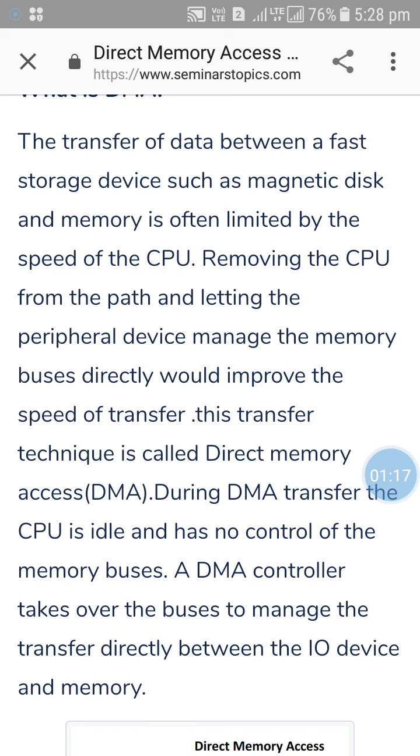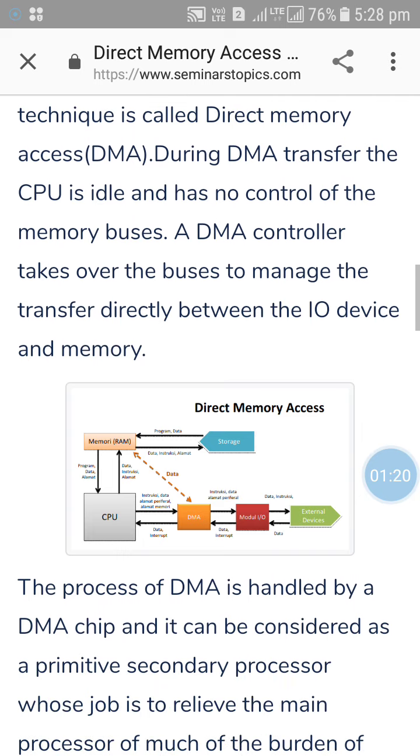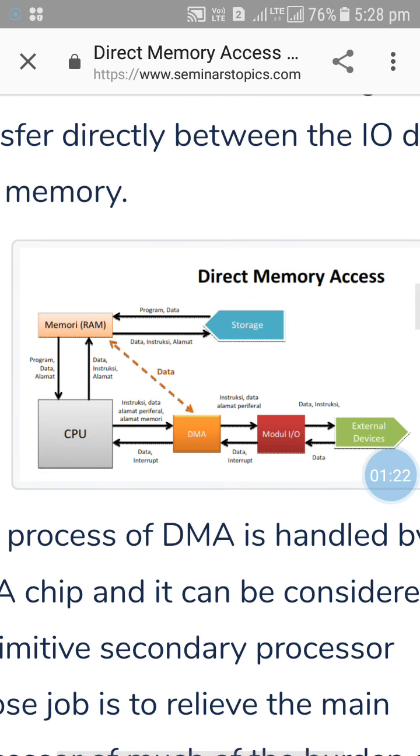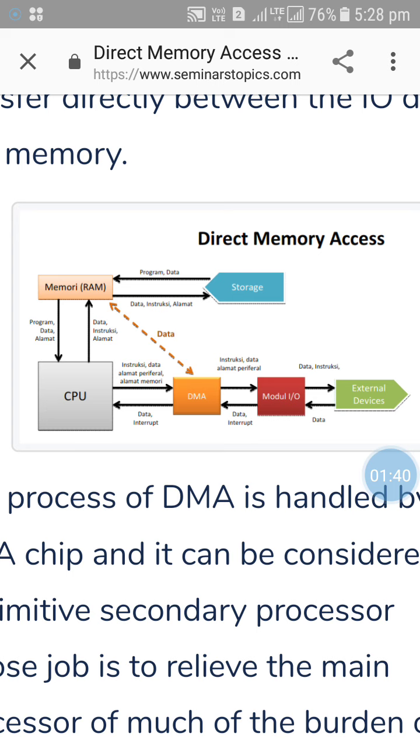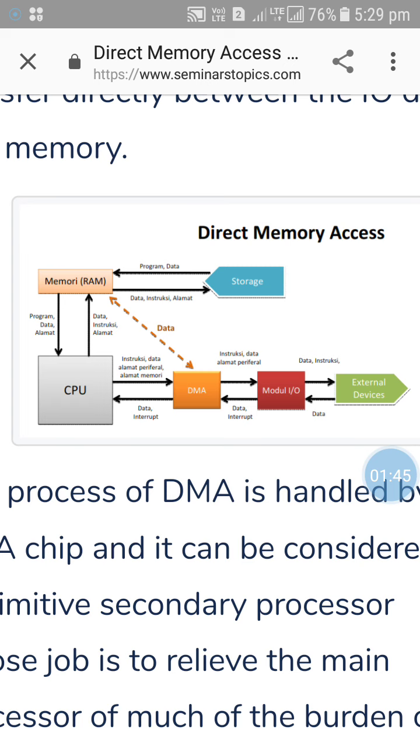This diagram shows the working of direct memory access. Here is the CPU. If any external device wants to share data from its end with the processor, then it requests the IO module. Every IO device has its related IO module. This IO module sends the request to the DMA controller. The DMA controller then sends these requests to the CPU and also maintains all the queues for the requests.